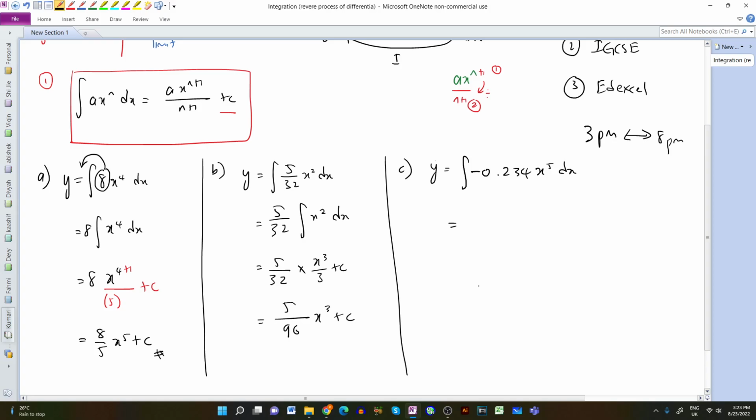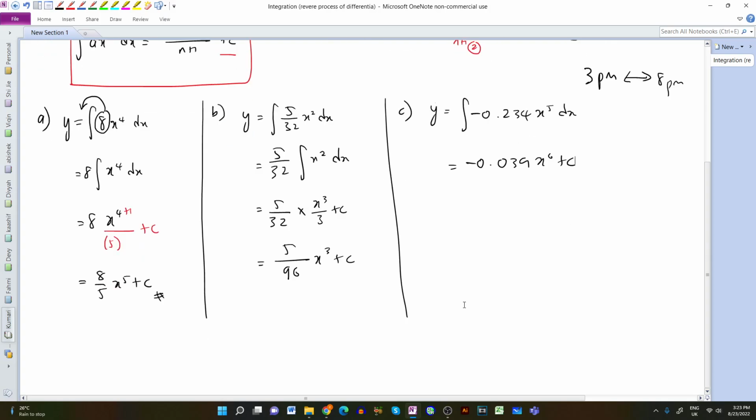Is it negative 0.234 over 6? Now, once you're done, just let me know. I'll check the answer. Okay. So I'm done. Negative 0.039 x to the power of 6 plus c. You get this? No, no. Okay, so in this case, what you have to do? You take out 0.234 and then multiply with